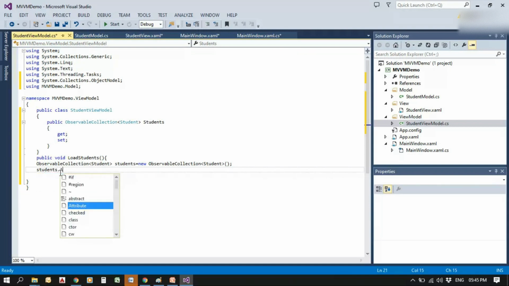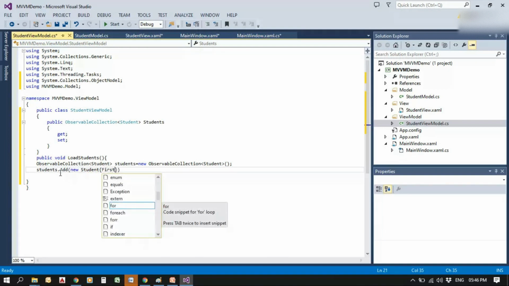We can add the elements, students.Add, new Student, and we can give the details of the student, that is first name and last name, inside the curly brackets.